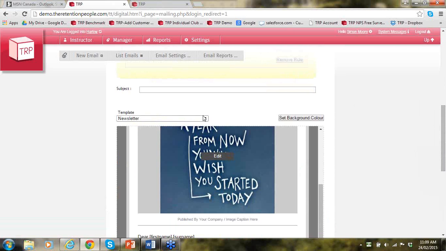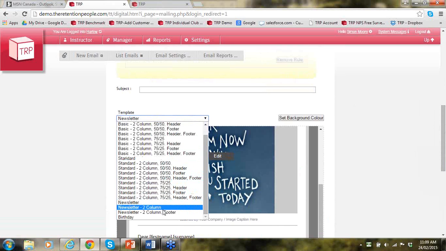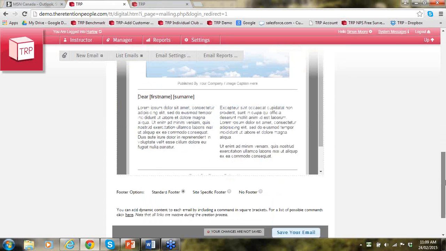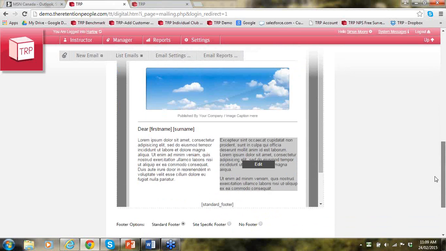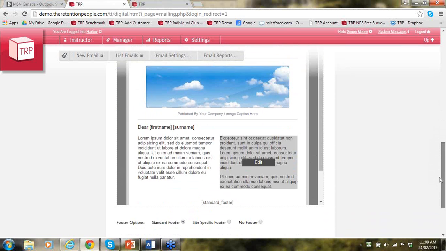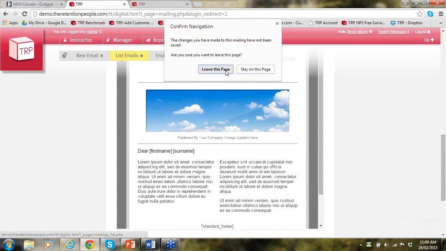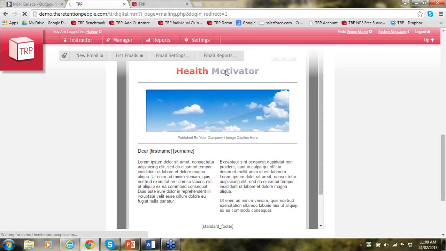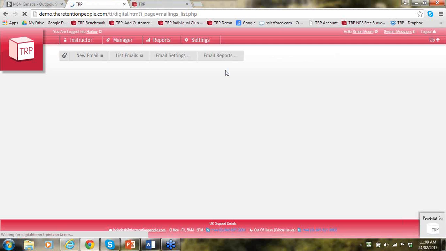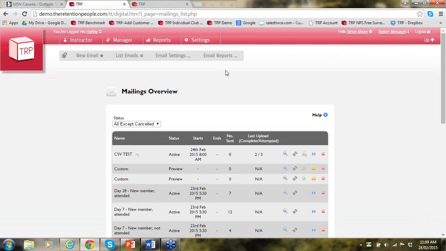Again, if we want to change this to a number of columns with a footer, you could do that as well. Very simple. Very simple editor. Very simple to use the templates. No fuss, no muss, no second guessing. The format is there. All you need to do is create your content. So the software automatically creates and changes the format as you wish. The templates are created for you. Once you have the content of the message, easy to create, easy to edit,